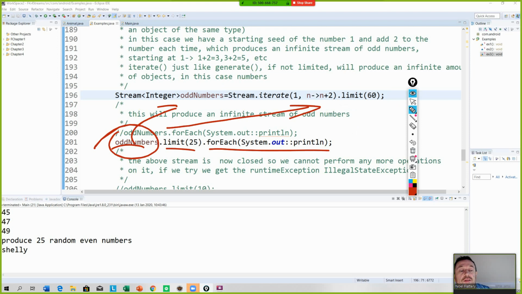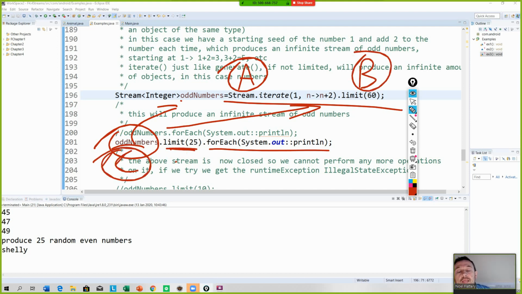So odd numbers is a stream that produces 60 numbers. And then we limit it to 25. That's going to be stream C. That's stream A, that's stream B, and that's stream C. Oh no, sorry, that's not stream C. That guy is stream C. So stream C calls the terminal operation. Okay, now